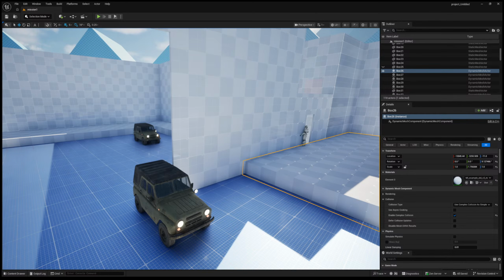And then what we're going to do is drag out of this array and type in is not empty. Then we're going to get this reference and the line trace by object that we need. The reason that we do this validation here